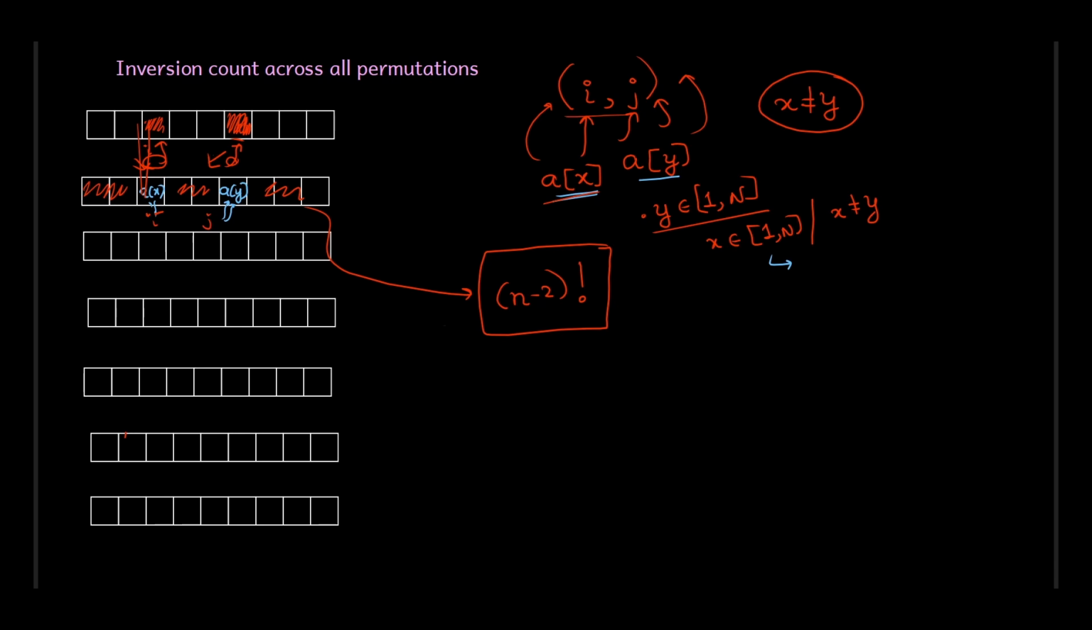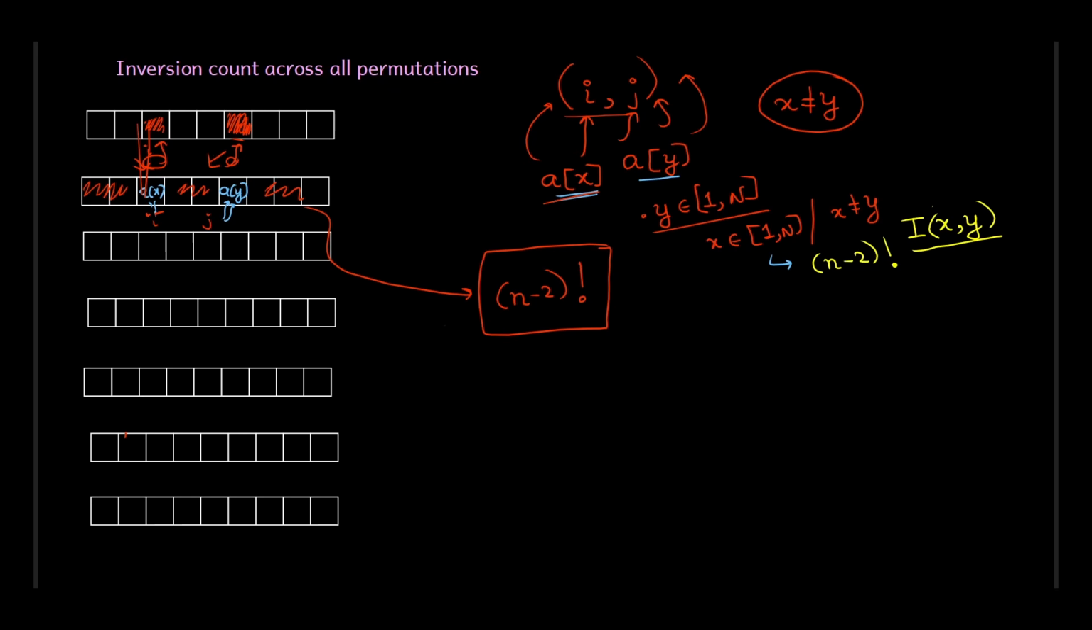So this means that the contribution of this pair i, j to the final answer is (n-2)! multiplied by this indicator variable that will decide whether x and y were inverted or not. If they were inverted, you add 1, so you replace it with 1, but if they were not inverted, then you don't care. So once you have added this indicator variable, you can see that you are fixing the